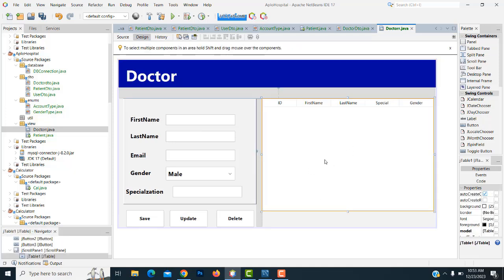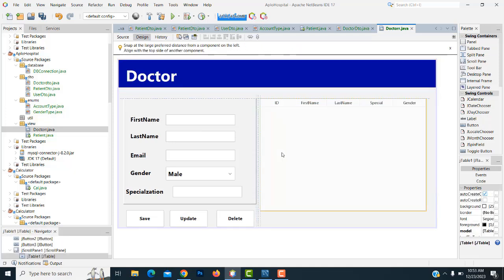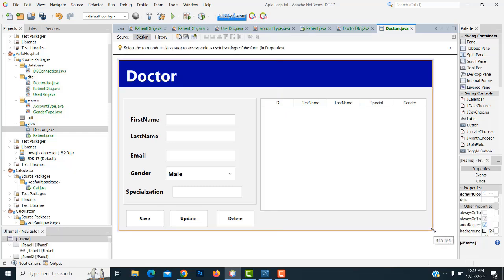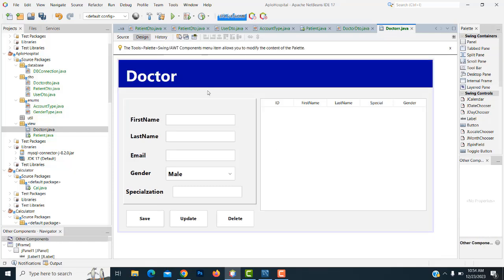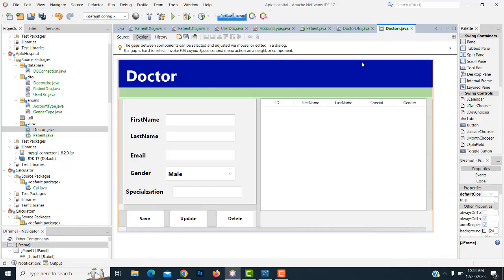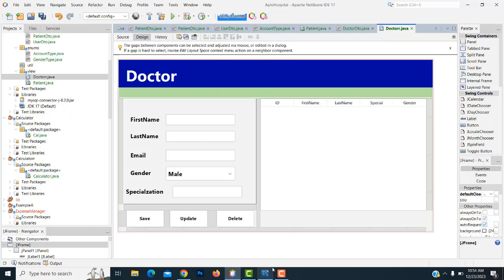We only have to put the important columns into the tables. We don't need to put all the things. Perfect, this is the doctor part. We have completed the doctor part. After that, we have to create another one, which is a